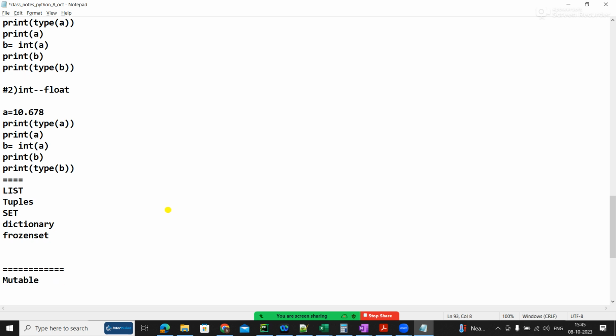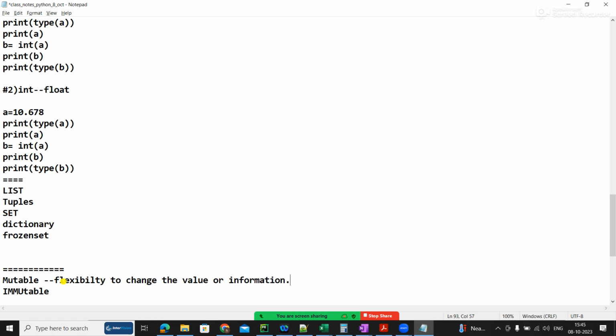It's English language, mutable and immutable. Mutable means it has the flexibility to change its value, like I can change the value or information.